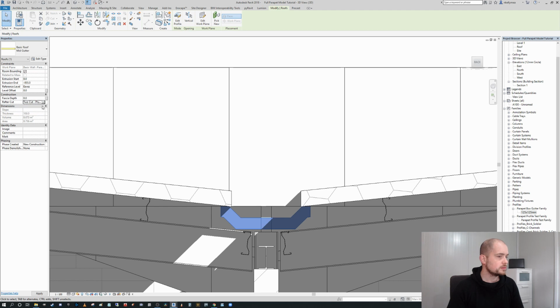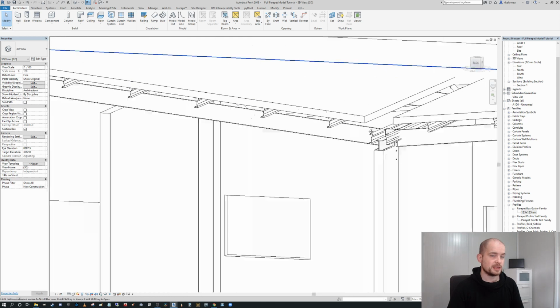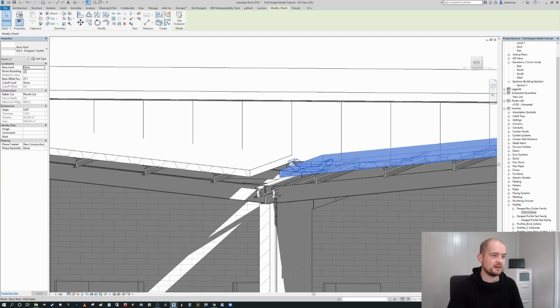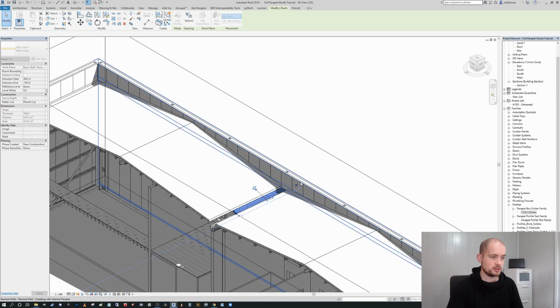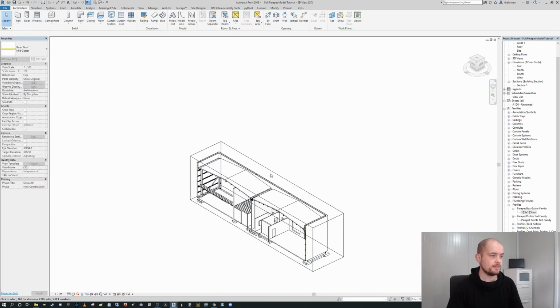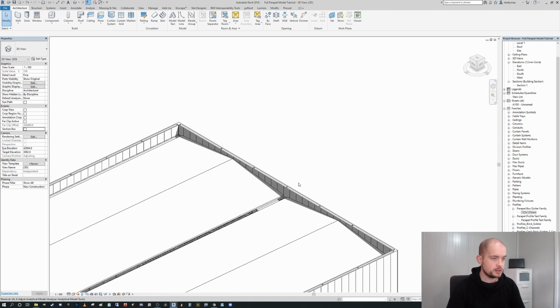Cut. Sorry, apologies. Square. Yeah, the cut isn't changing the condition there for us. Okay, not to worry. Anyway, you can toy around with that if you need to to change that variable. But what we can do here now again is I can click and drag the extents of this here. Okay, I'm going to turn off my section box, and then I'm going to use the align tool